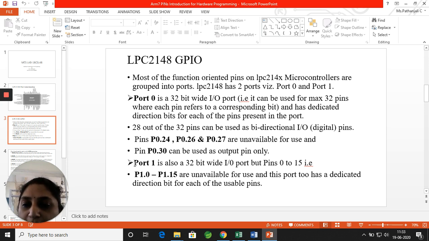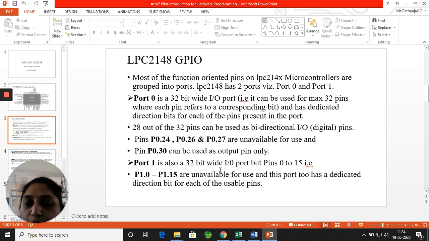In the same way you have another port called port 1, which is also a 32-bit wide input output port, where pins 0 to 15 are not available. Only 16 pins are being used for this, and this port has a dedicated direction for which we can use.